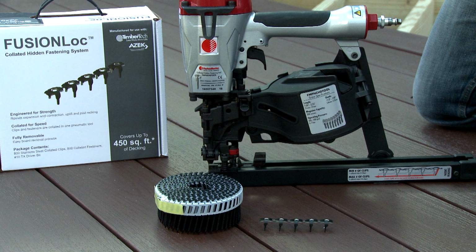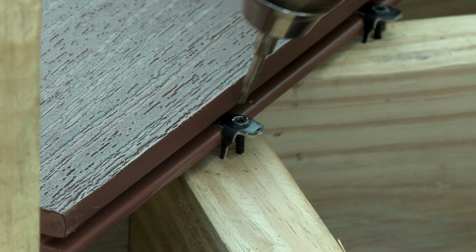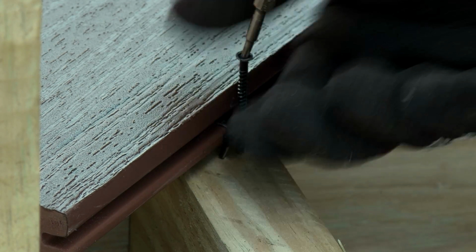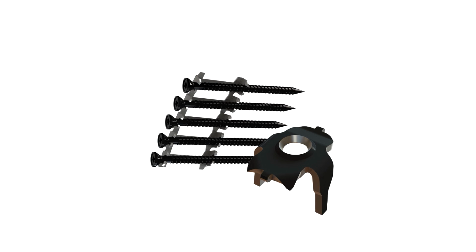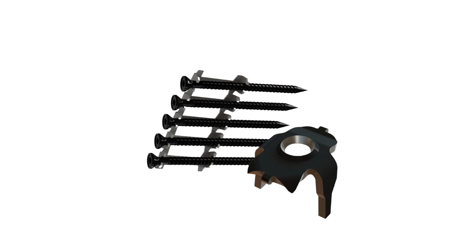FUSIONLoc is a collated system that enables one-step installation with a collated screw and the FUSIONLoc gun, sold separately by FastenMaster. Also designed for easy removal once installed, this system provides the speed and quality contractors and homeowners are looking for. A matte black finish ensures a hidden look between joists, while stainless steel clips and collated screws deliver long-term